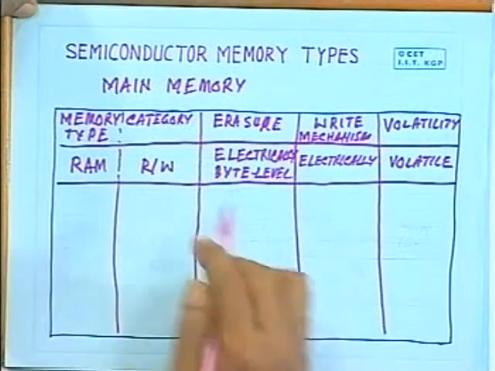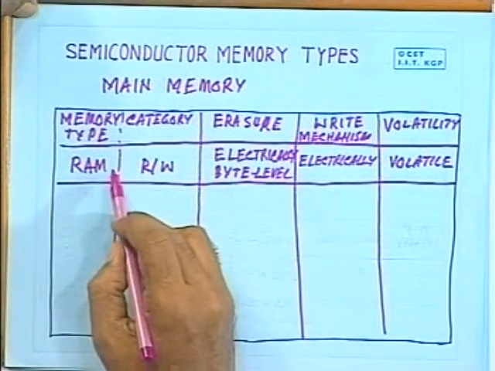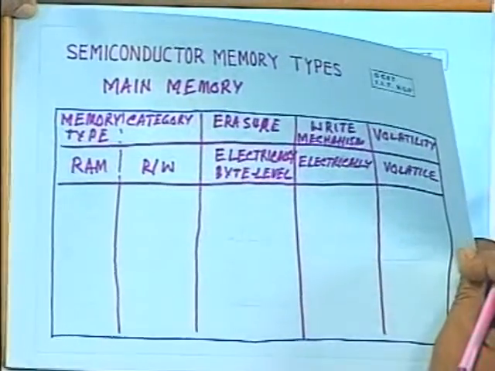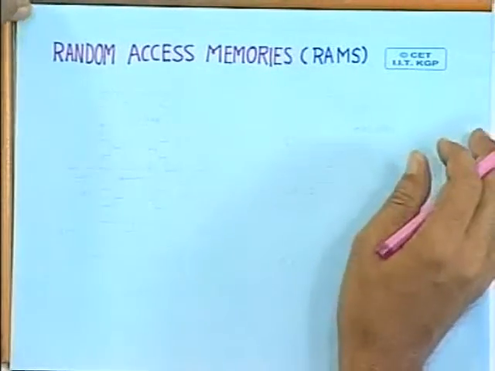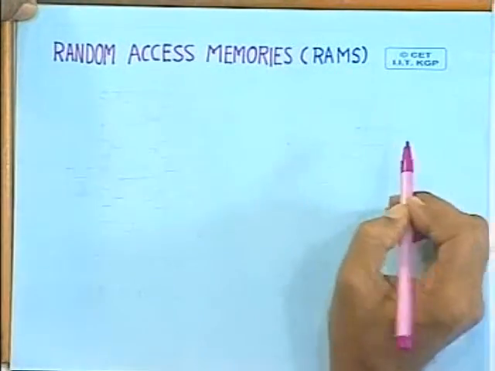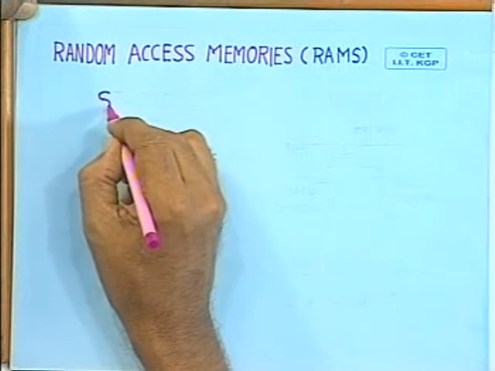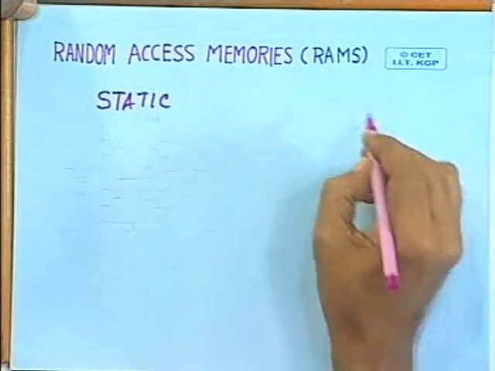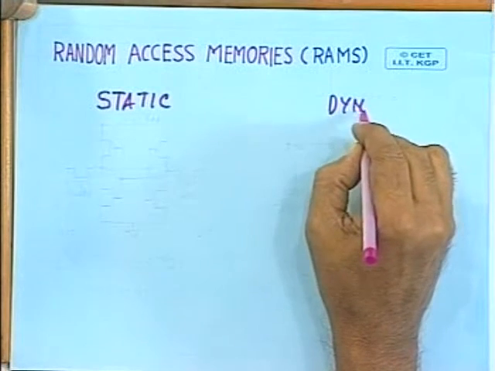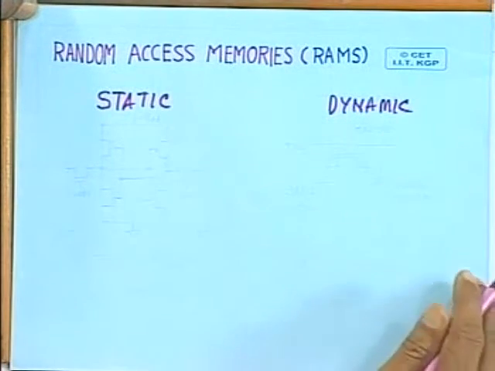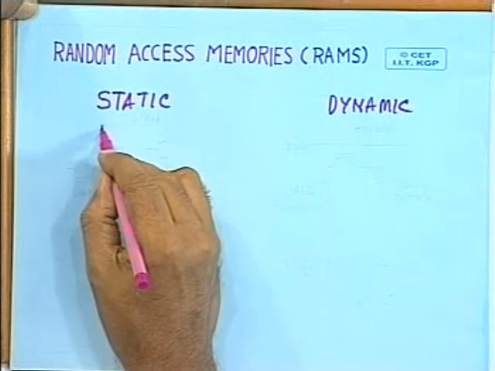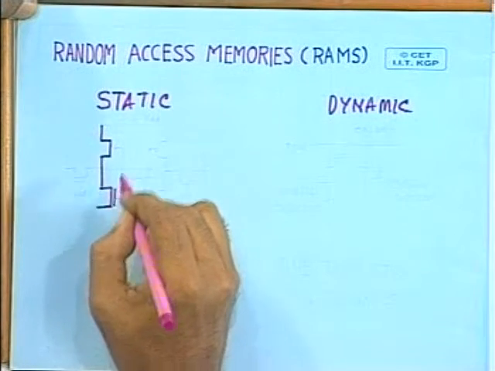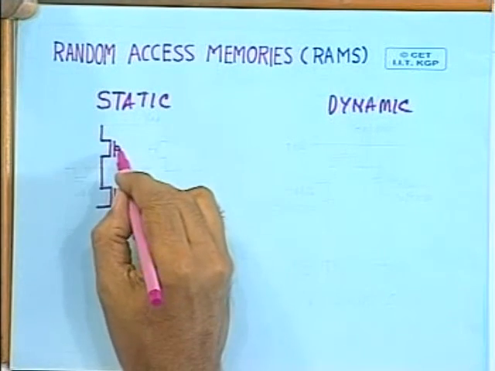And let us focus on the RAM technologies, the way the RAM is implemented, what are the different types of RAM, before we discuss the other memory types. So first we consider the random access memories, RAMs. The RAMs can be broadly divided into two types: static and dynamic. The static memory devices are realized by using flip-flop like cells. Say this is one, I am realizing one particular cell.